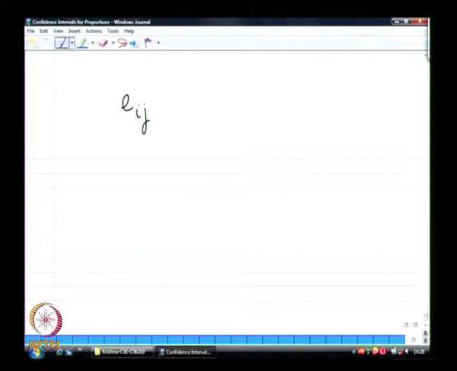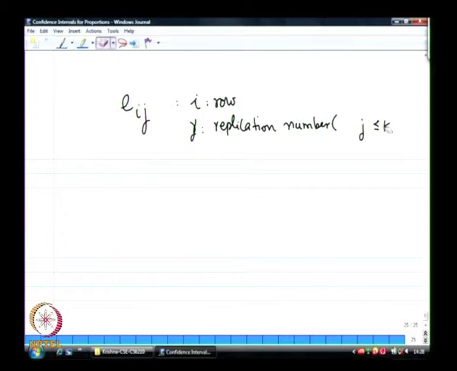So i is the row and j is the replication number, where j goes from 1 to r. So here now Yij becomes